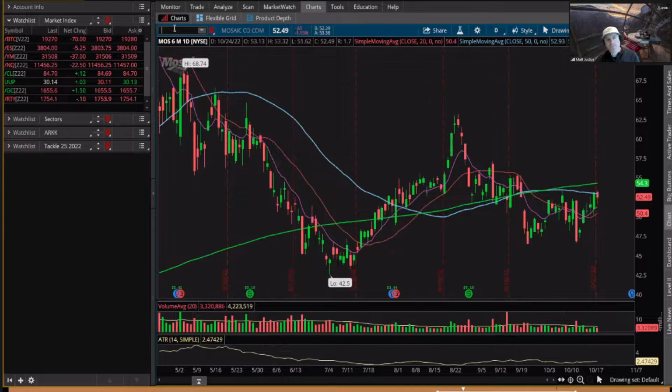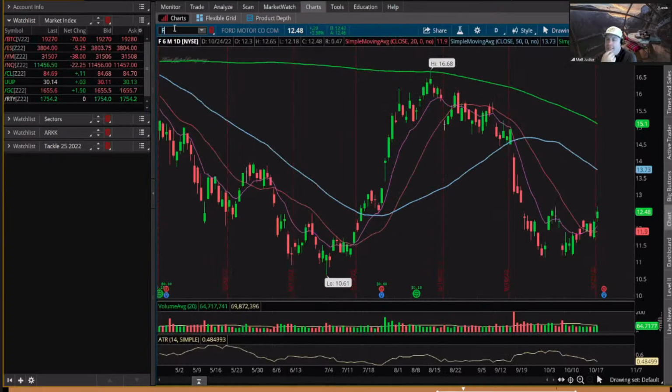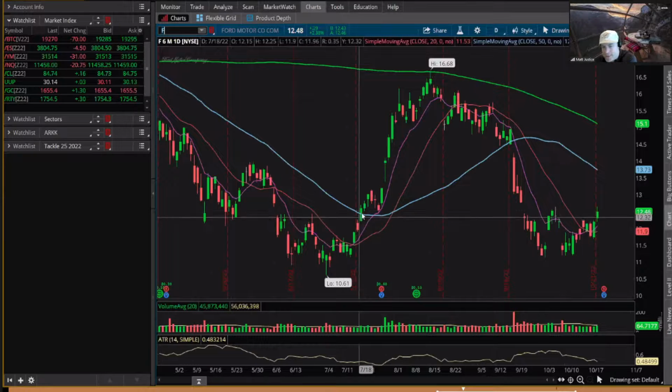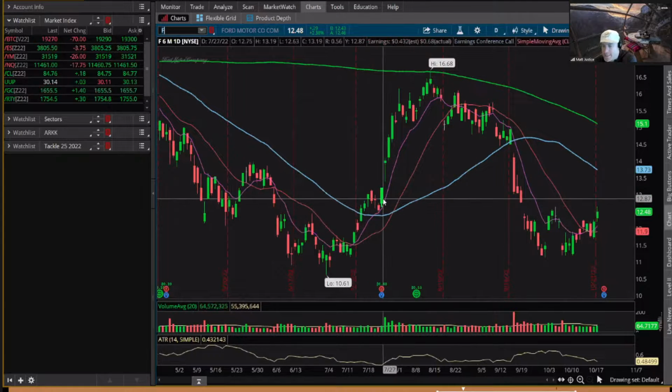Let's look at Ford. Ford's on my mind because, again, we're going through the exact same thing that we went through last quarter. What did we go through last quarter? Double bottom right here at $11. Double bottom worked its way back up into resistance, broke out of resistance, and then had the best